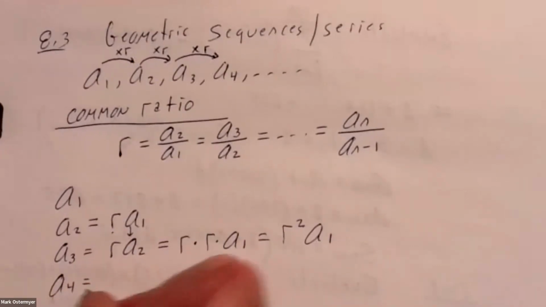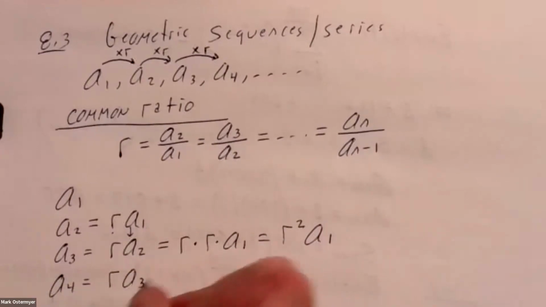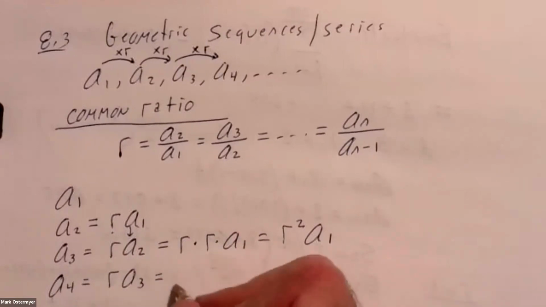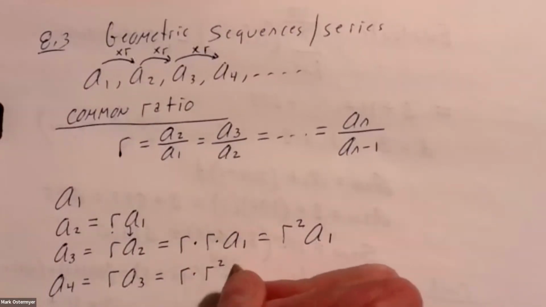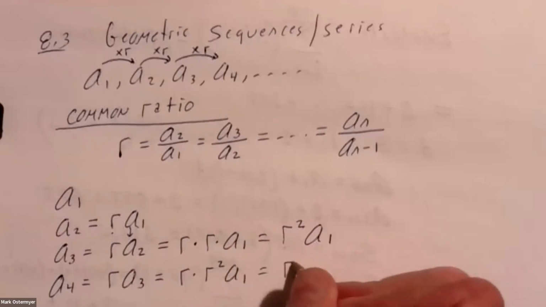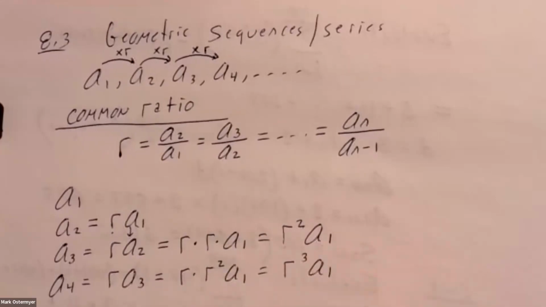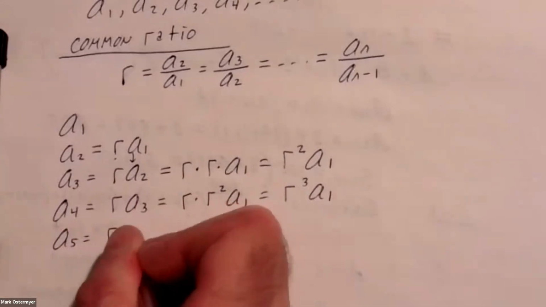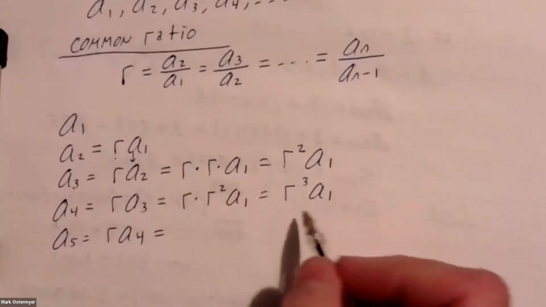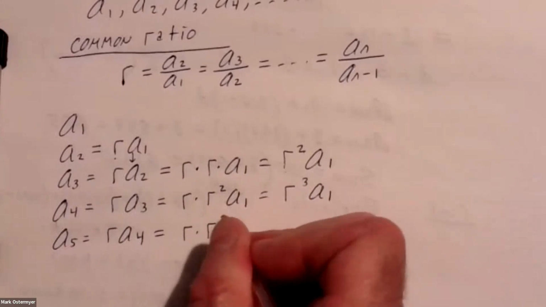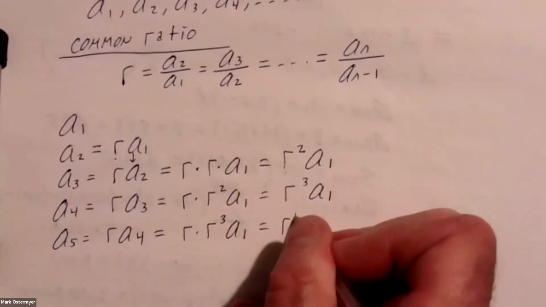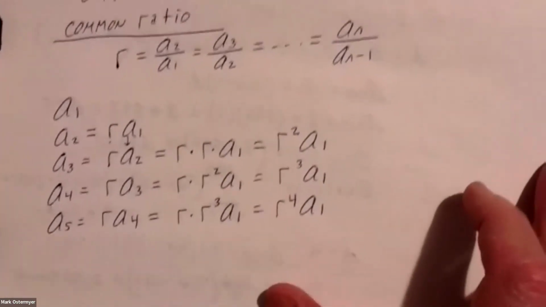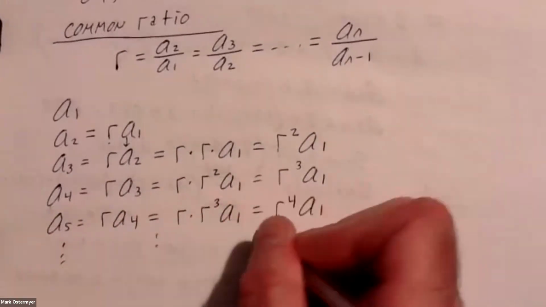The fourth term is found by taking the common ratio times the third term. But substituting in for the third term, r squared times a1, the fourth term is really the common ratio times r squared times a1, which is really the common ratio cubed times the first term. The fifth term is found by taking the fourth term and multiplying it by the common ratio, but that's equivalent to saying the common ratio r times r cubed times the first term, or r to the fourth power times the first term. Now we are able, hopefully, to see a pattern in which we can now